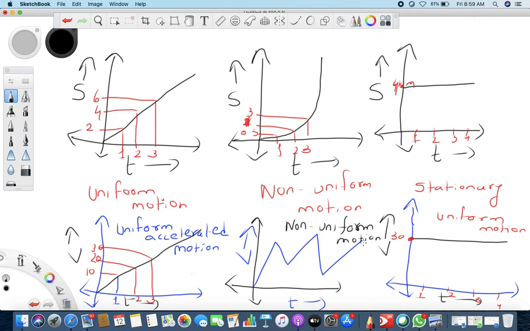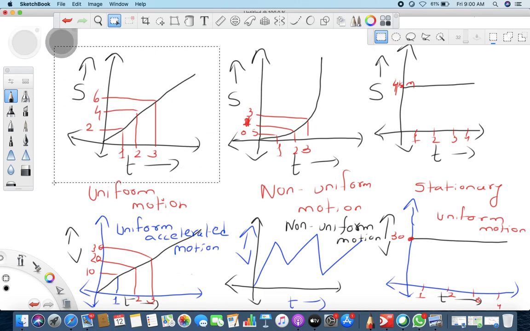So I hope you are getting what I'm trying to say, the difference between uniform motion, non-uniform motion, and stationary, right? Here there is no graph of stationary, because if you have a graph of stationary, the line does not even exist, because the velocity will become 0. If it is stationary, the velocity is 0. So the x-axis itself is the graph, but that doesn't show a graph. So in the velocity versus time graph, we do not have a stationary graph. Uniform accelerated motion, non-uniform motion, and there is one more graph I'm going to show you, which we call it as a,